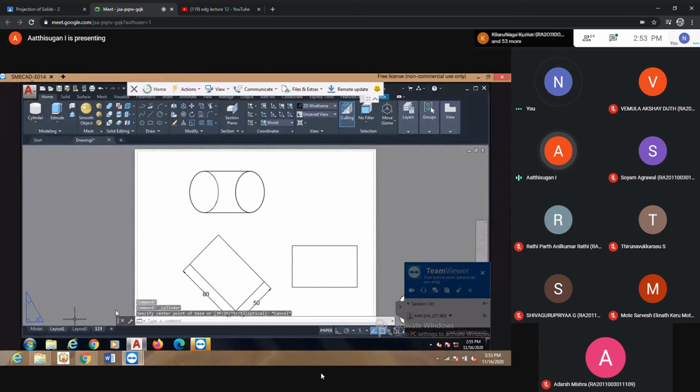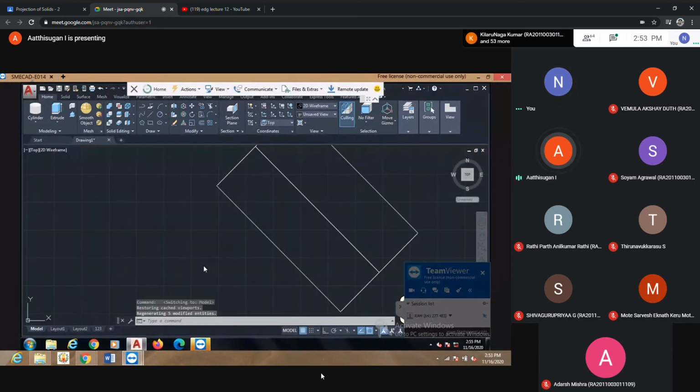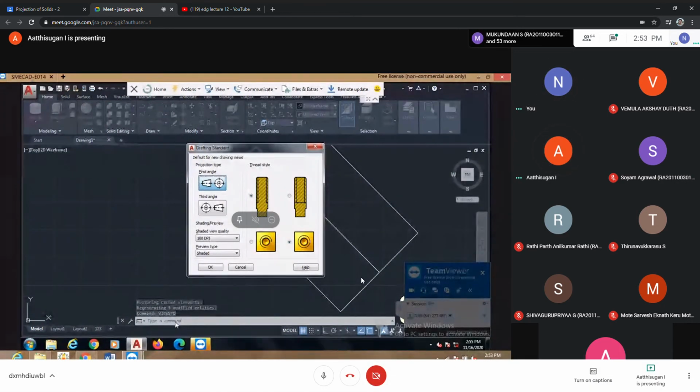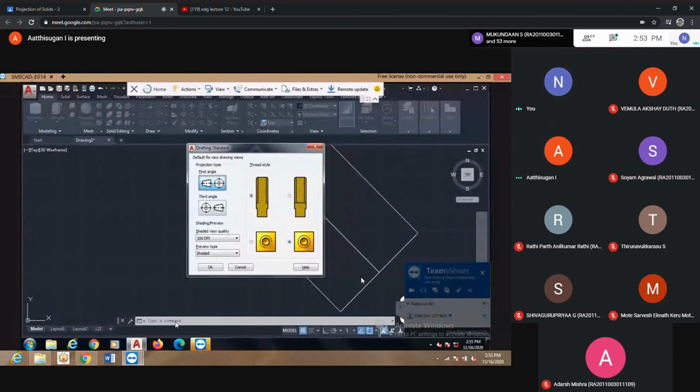See, I'm not selecting directly from here. I'm going to use the command bar. I'll just type view STD, view standard. Just typing, it will be coming now. I didn't select from the menu. Wait. Otherwise, share your screen once. Share your screen. Wait, I'll stop the presenter.